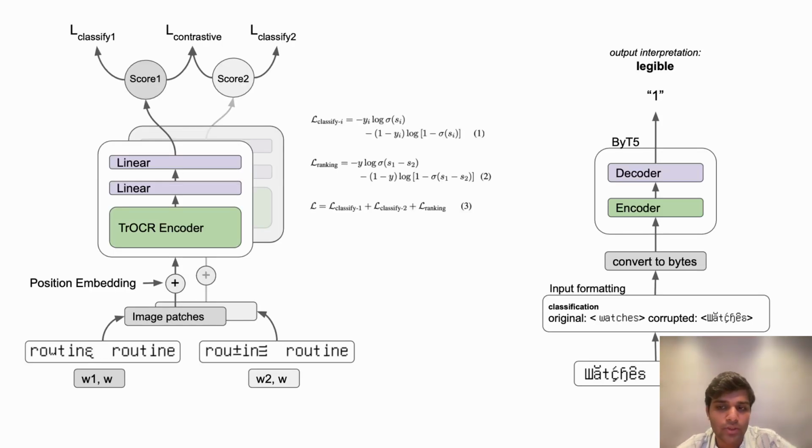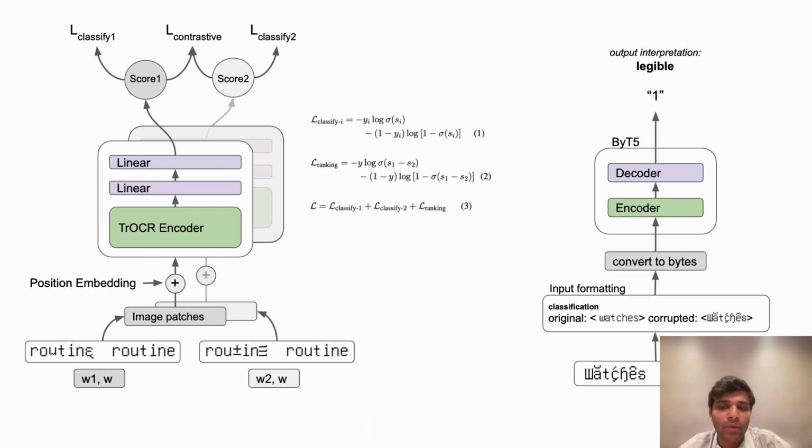And so on these two tasks, we trained these two models using the dataset. These are the two supervised models we use to fine-tune. We take the pre-trained models and we fine-tune them on our data, with some slight modifications in the loss functions. So on the left, we have adapted TrOCR into a dual encoder setup with different loss functions for classification and ranking tasks. We also have a third multitask loss function, which adds the two types of losses and can train on the entire data set. So those are the three losses on the slide there.